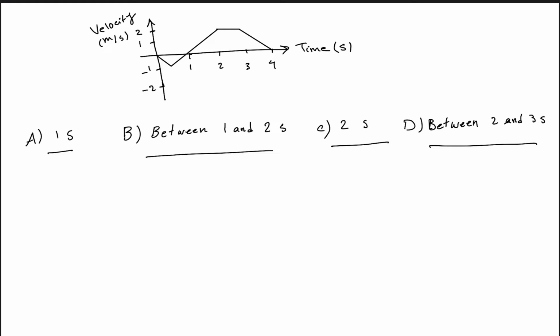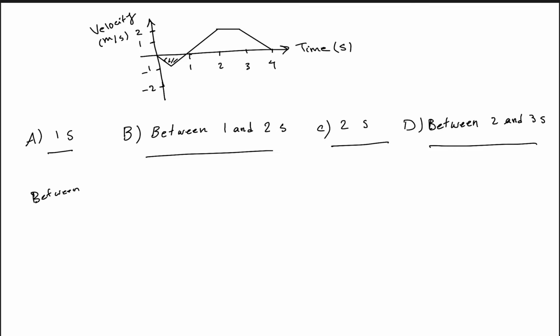Whenever we have a question where we are given the velocity time graph and we are asked something about position, the first thing we need to consider is that the area under the VT graph gives you the displacement. So here in this graph, the area under the graph between 0 and 1 gives us a displacement between 0 and 1 seconds, which is here, the area of this triangle. So the area of the triangle